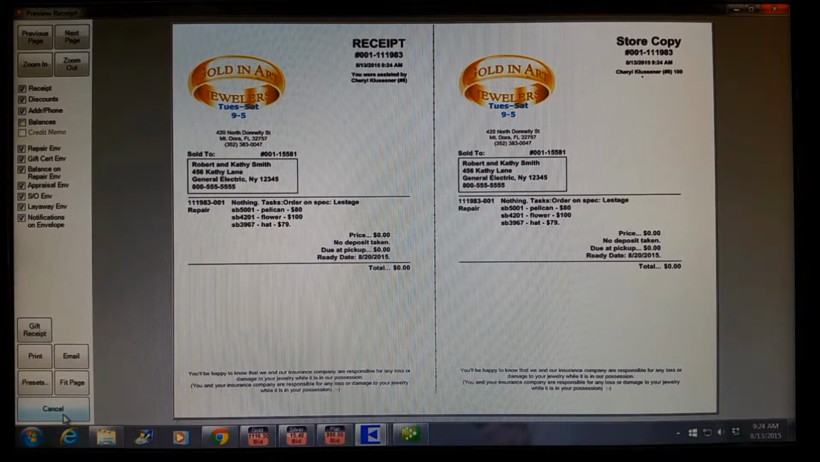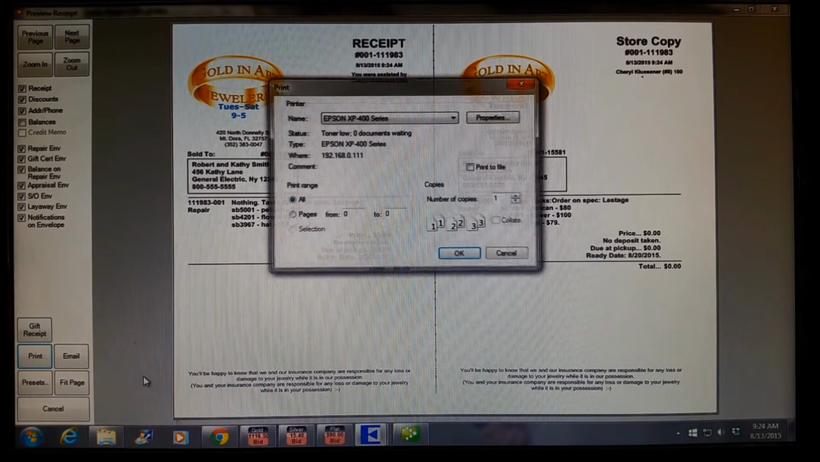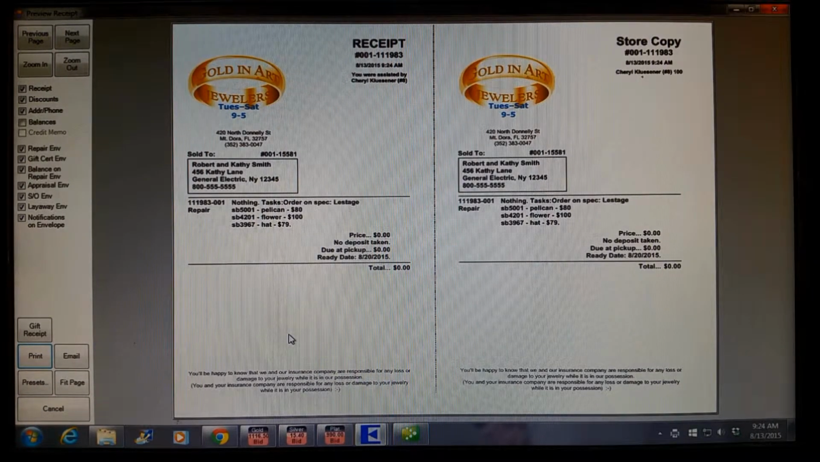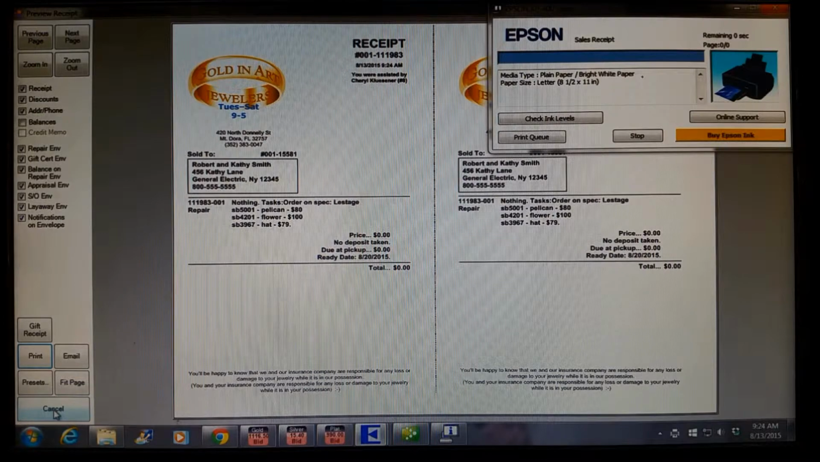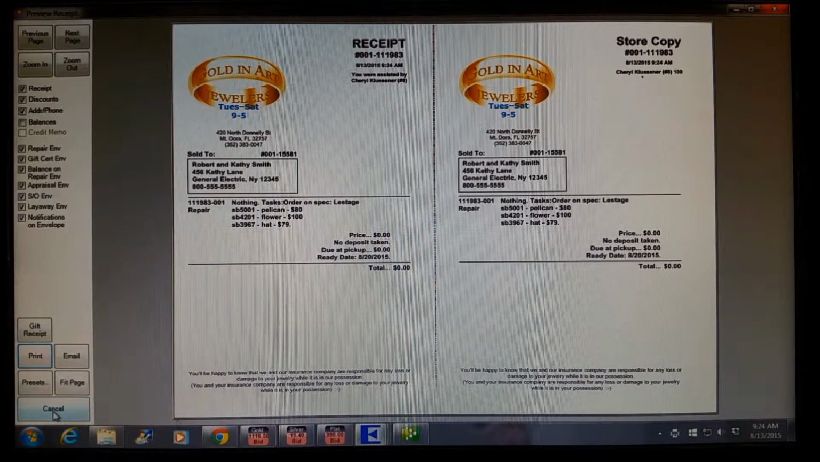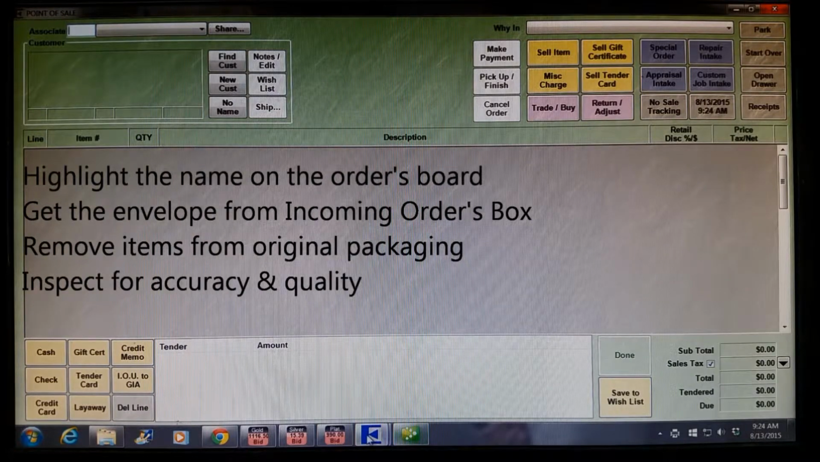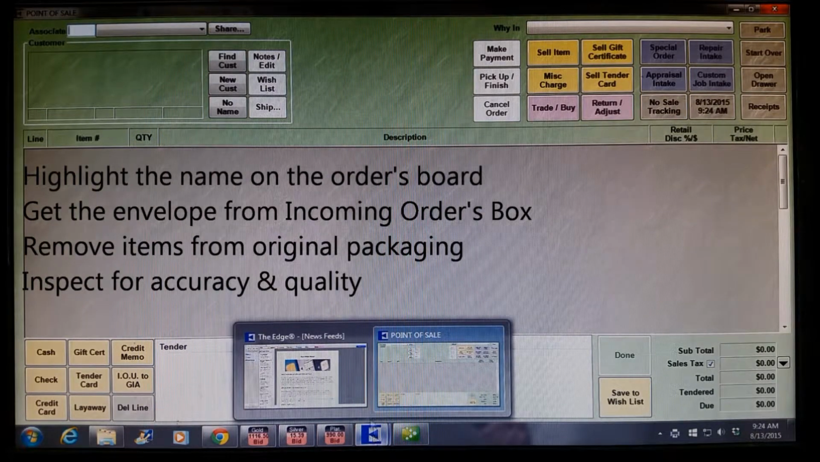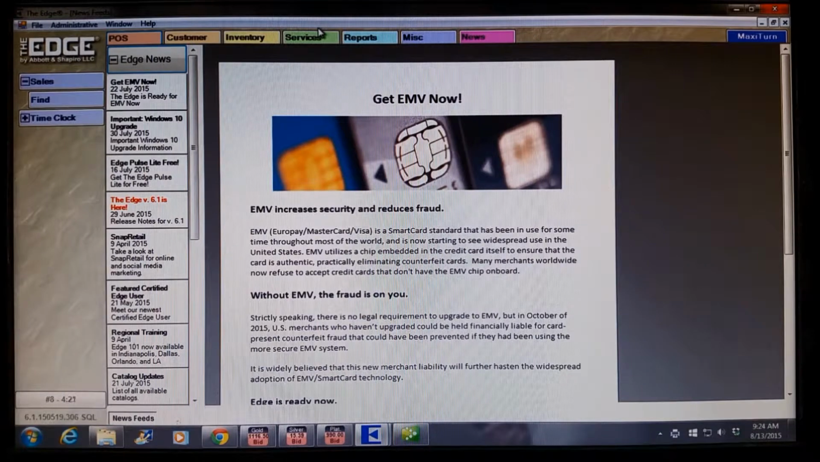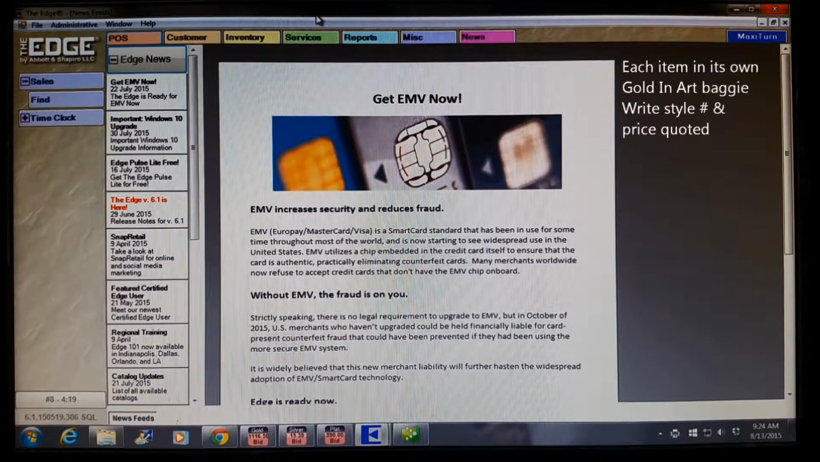When the item comes in, highlight the name on the orders board, get the envelope from the incoming orders box, and remove the items from their original packaging. Inspect them to see if they are what the customer wanted and whether there are any defects. If there are defects, show a jeweler. If not, put each